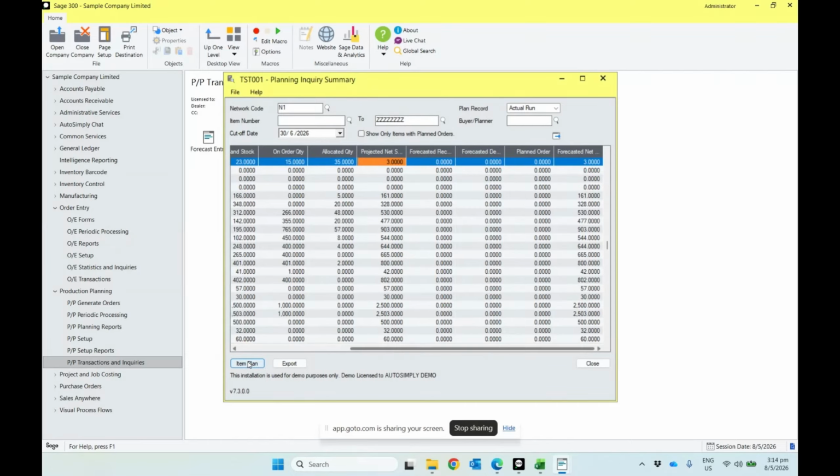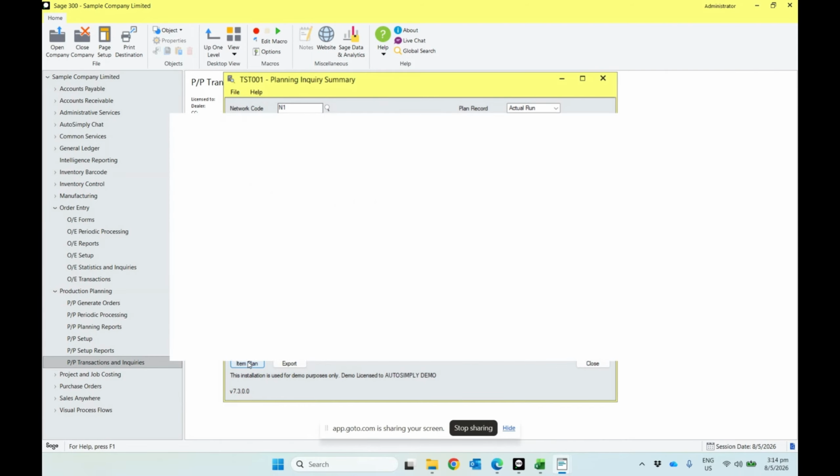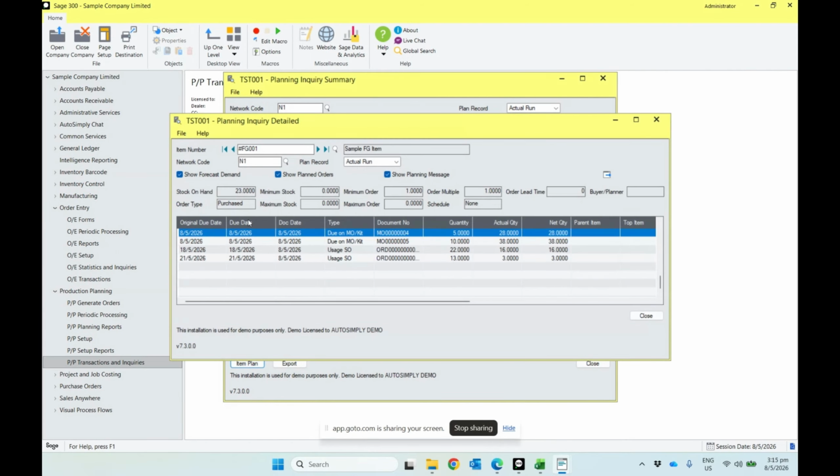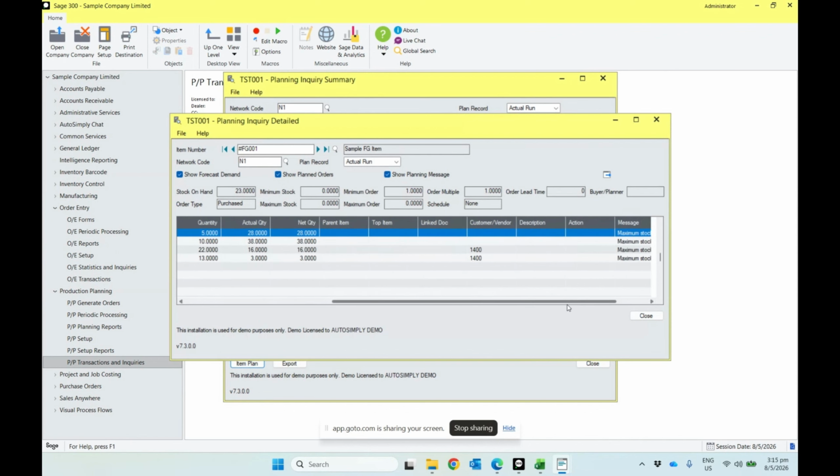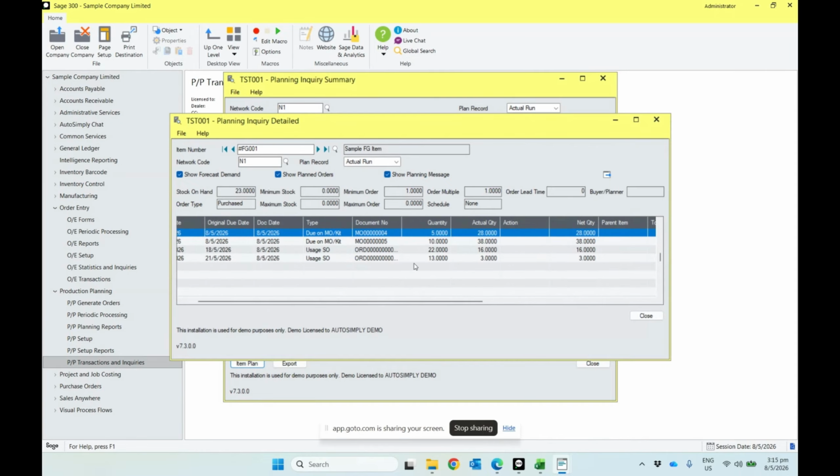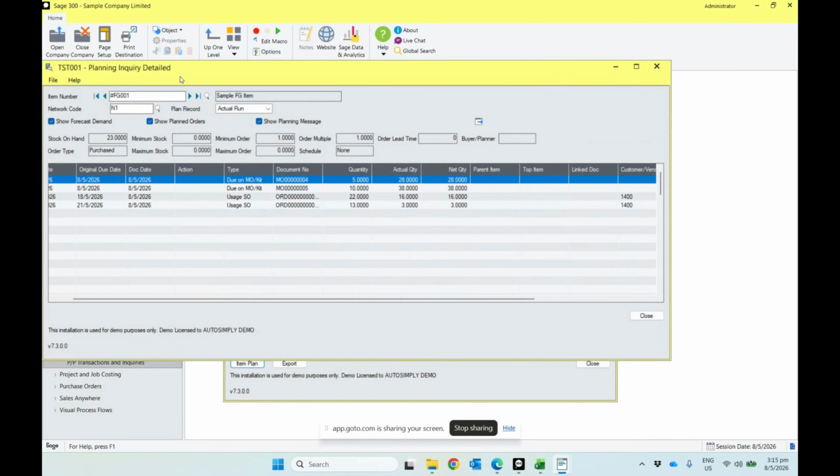If I open the detailed inquiry, so this is now the way to look at it in more detail. Let me just move the columns around. I'll just move the action column to the front to highlight it. All right. So this is now the detailed inquiry wherein I can see for item FG001, I have 23 currently